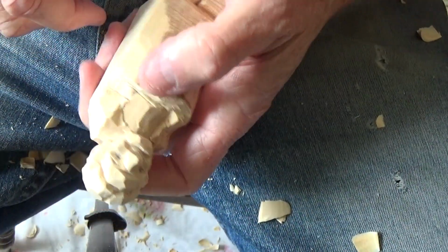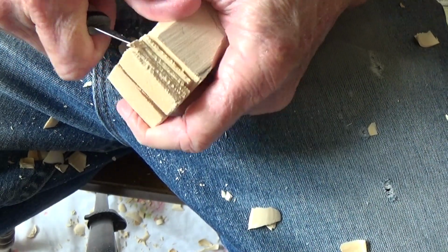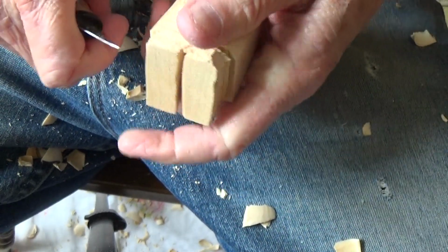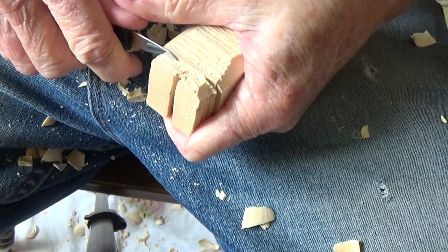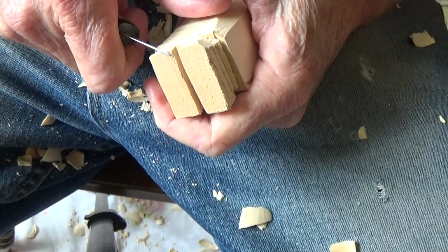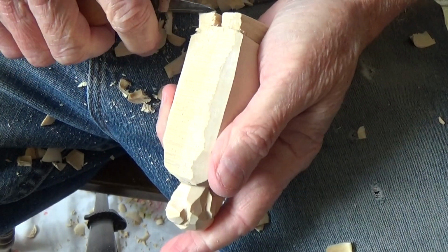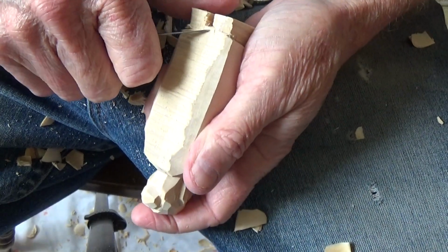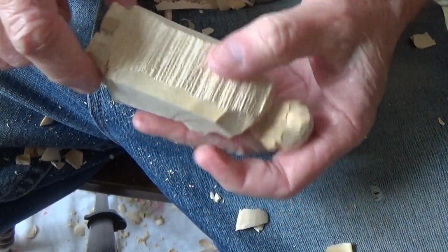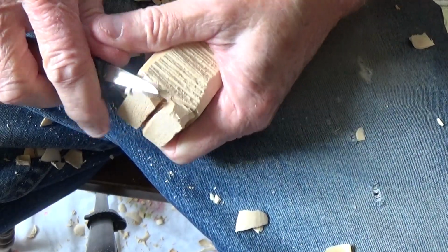Okay. It's going to come together, folks. I'm going to show you how it's done. We just got a little issue here with this middle. I didn't see that knot in the wood. I'm going to have to be very, very careful in that area. A knot in the wood means only one thing. It's going to break off easy. So you want to be sure that